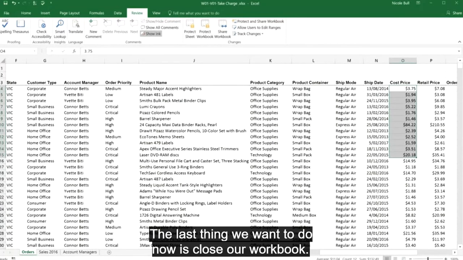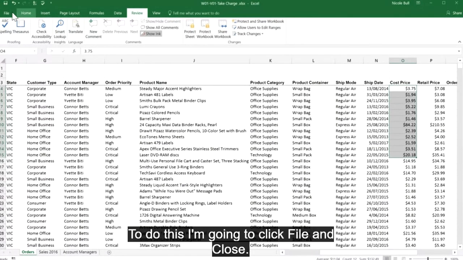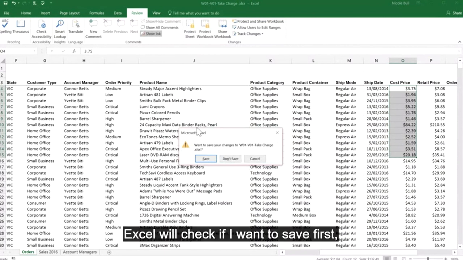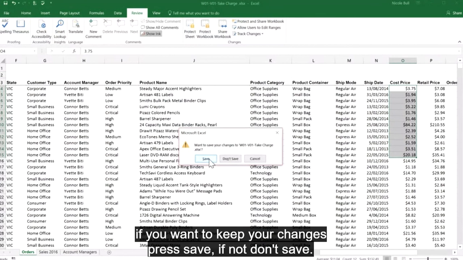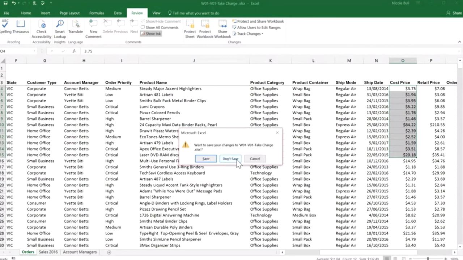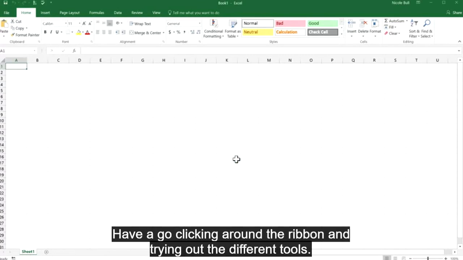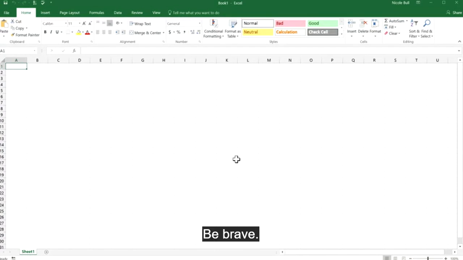The last thing we want to do now is close our workbook. To do this, I'm going to click File and Close. Excel will check if I want to save first. If you want to keep your changes, press Save. If not, don't save. Now it's your chance. Have a go clicking around the ribbon and trying out the different tools. Be brave. You can't